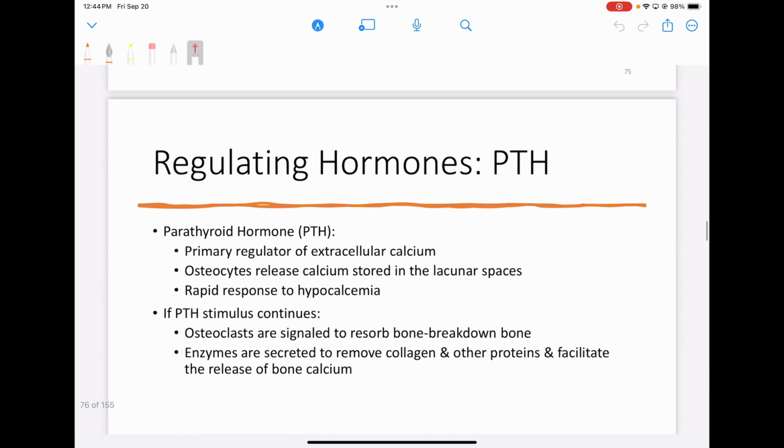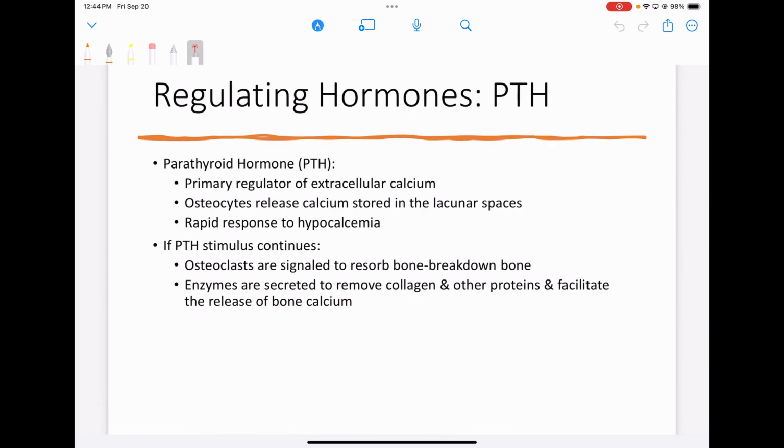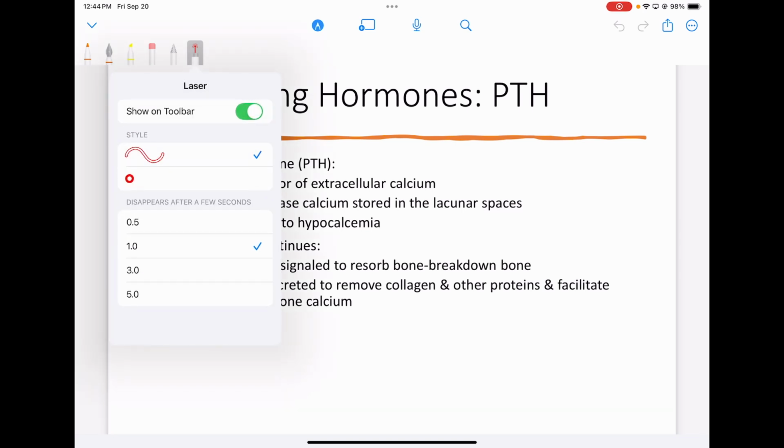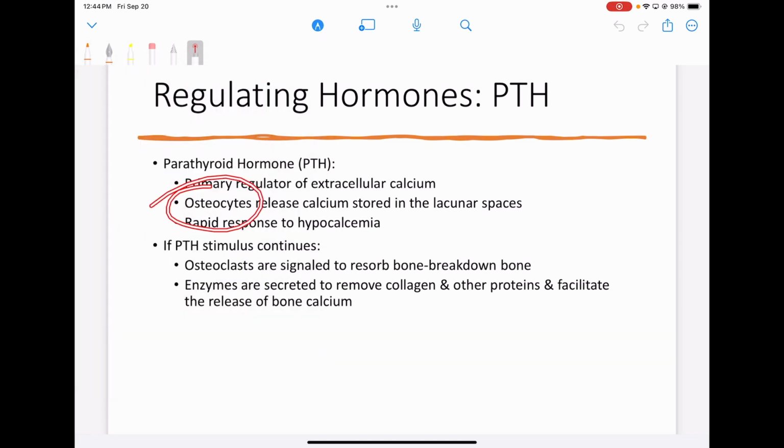Obviously, regulating hormones, PTH, we already discussed a little bit. Extracellular calcium, the osteocytes have a role here as well, to release calcium that's stored in the bone as a rapid response. But again, if PTH stimulus continues, osteoclasts are signaled to resorb bone, breakdown and then more bone breakdown. But in that chronic phase,